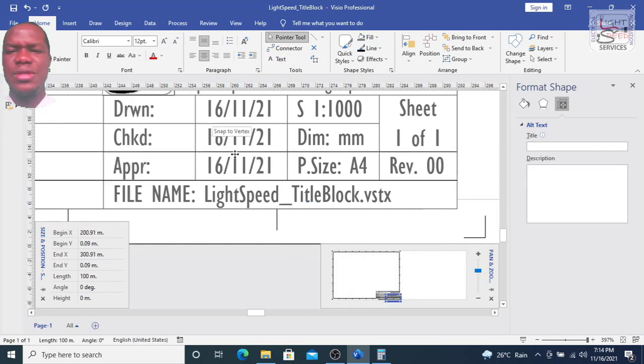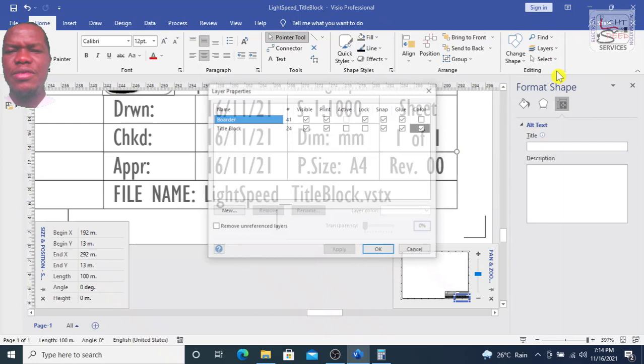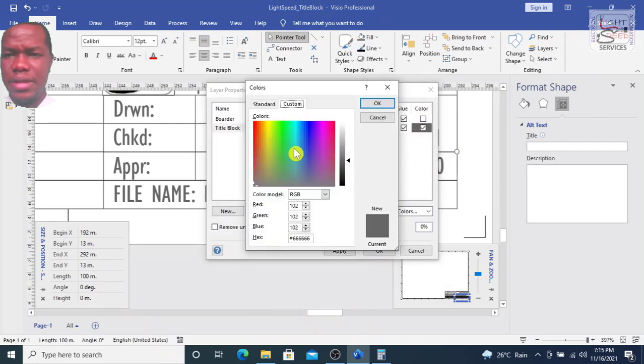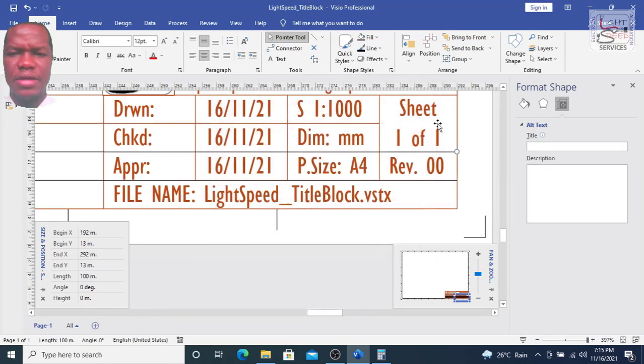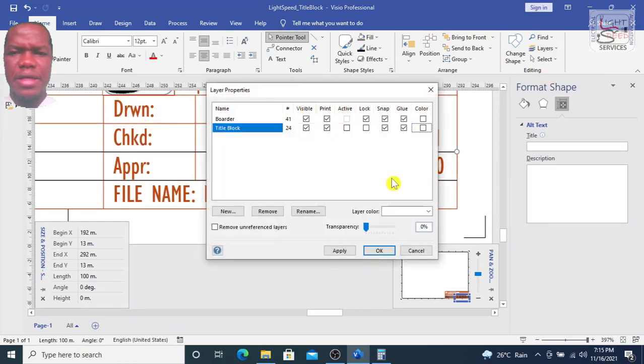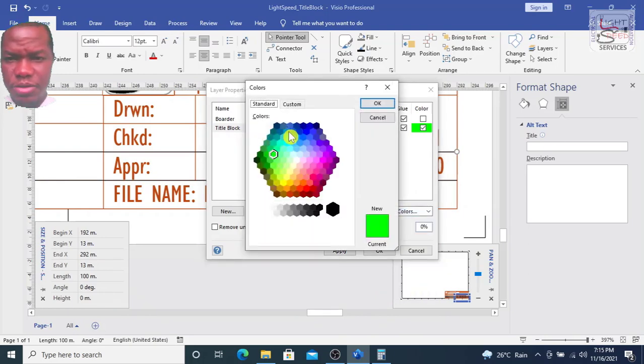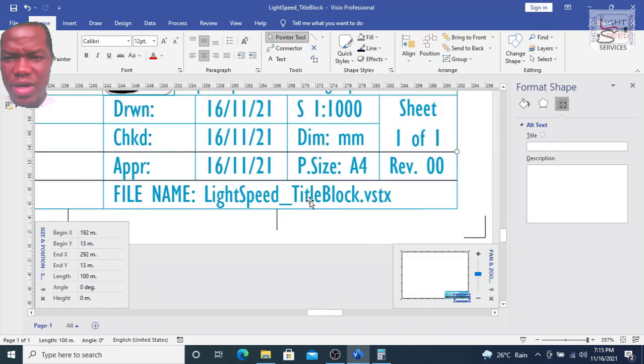So the color is too similar, so I'm going to select a different color for this. Let's see. Not this, perhaps green. Yeah, green should work. Okay, so now you can see the difference between the existing line and the one I'm drawing now.